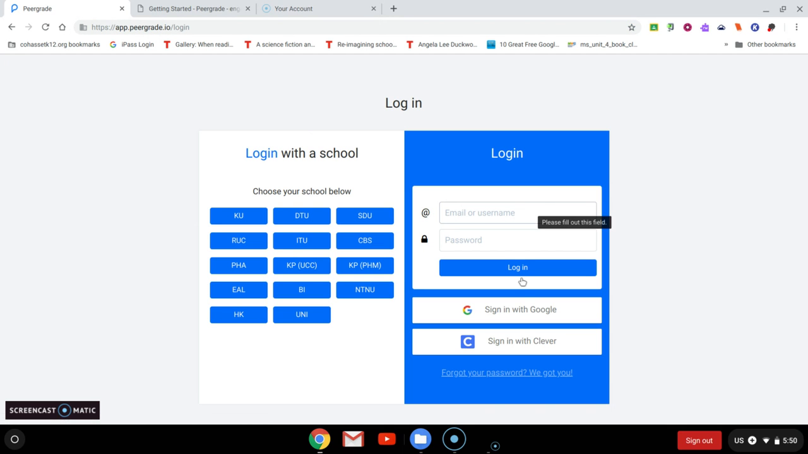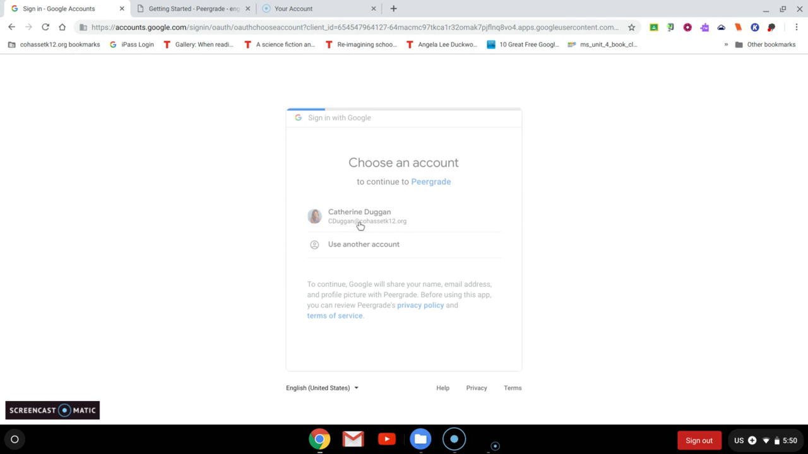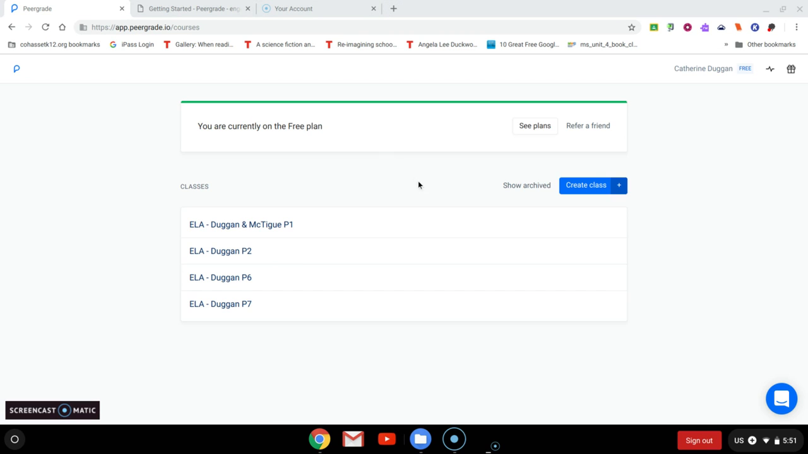and then you go to the login page. So I always click sign in with Google. So this is your dashboard as the teacher, and you can see that I have already created some classes for my students, but what you're going to do when you first log in, if you've not yet created classes, is